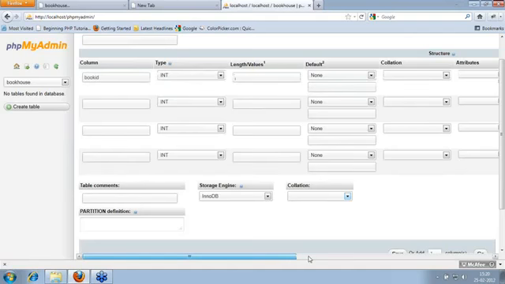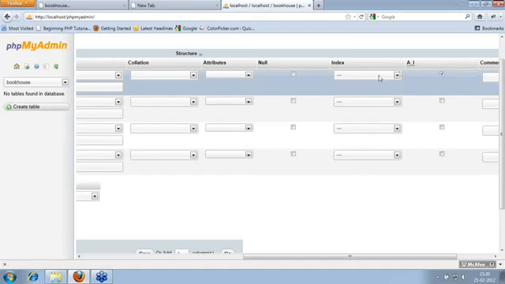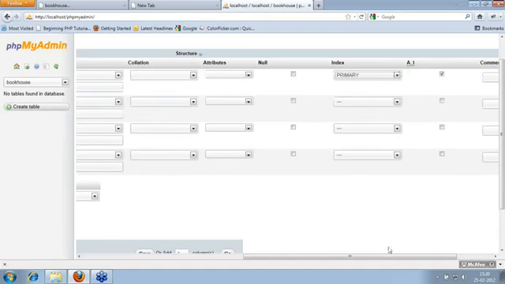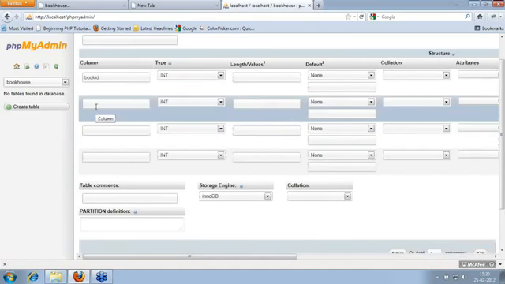I'll make this ID an auto-incremented column, and also make it a primary key. A primary key is something you can use later for the foreign key and primary key relationship to create a relational database structure. But right now I'm just creating a master book table in which I'm defining book ID as a primary key. Then we need to store other information as per our form.